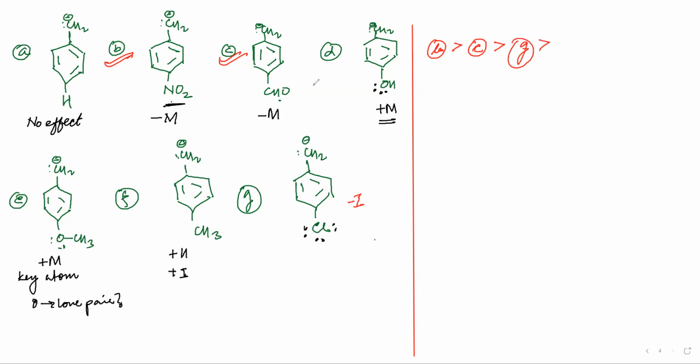Okay, now we are done with B, we are done with C, we are done with G. Now I have to compare between the rest. So the next thing that will be coming is the no effect one, because this is destabilizing, this is destabilizing, this is also destabilizing. All these are destabilizing, and this one has neither stabilizing nor destabilizing, so it will come in the middle. So I can write A now, and after we are done with A, we have to deal with the destabilizing effect. Now, when I want to compare the destabilizing effect, I want to see which one is destabilizing the least.